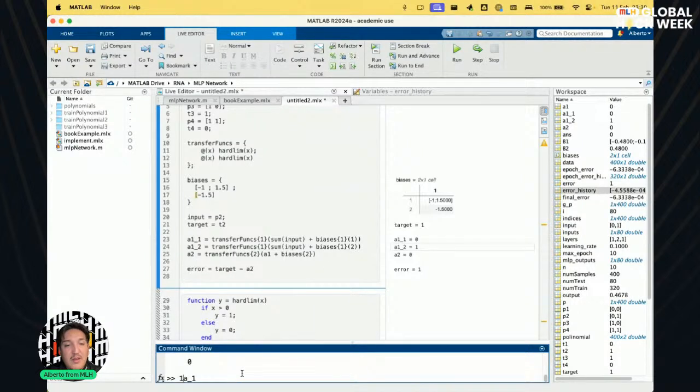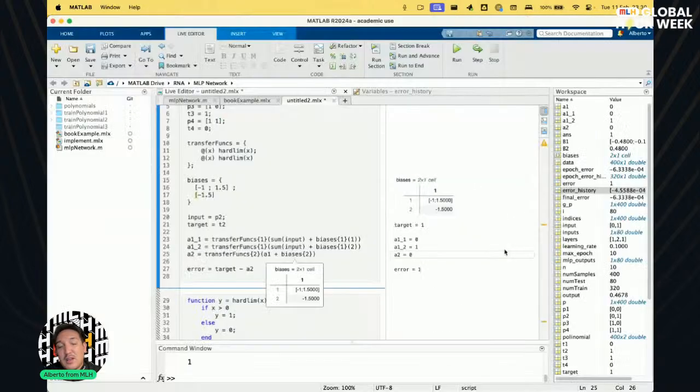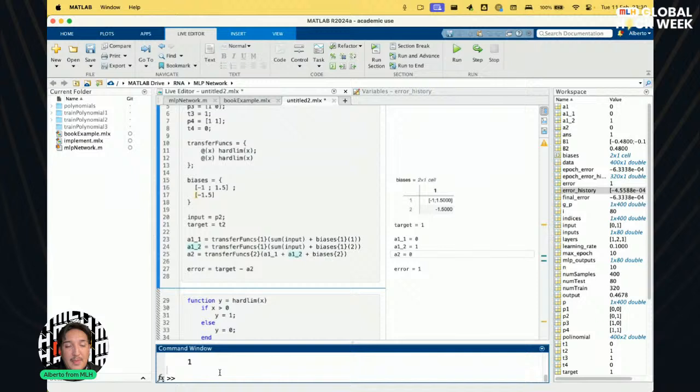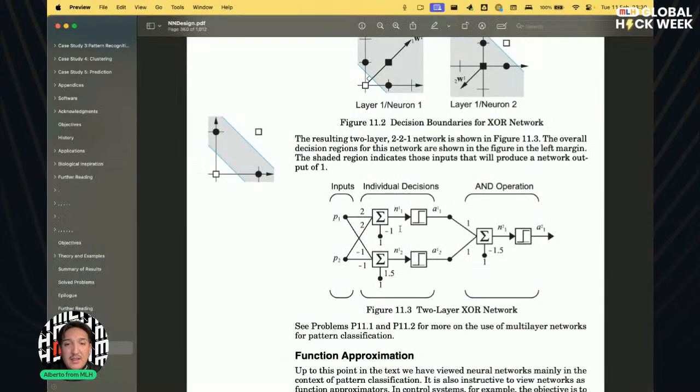And 1 plus a 1, 2. This is 1. And we multiply. No, we add this. A 1, 2. Okay, if I add biases 1 minus, yeah, it doesn't make sense because,